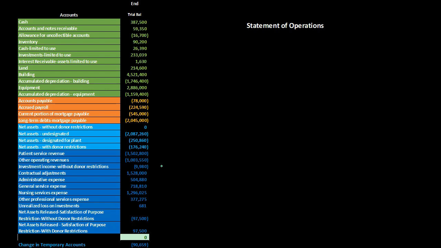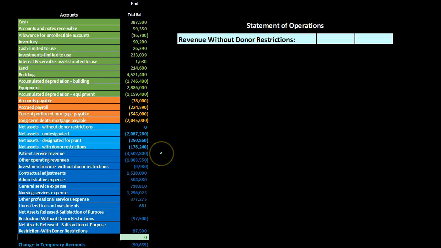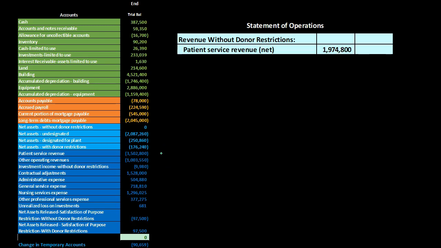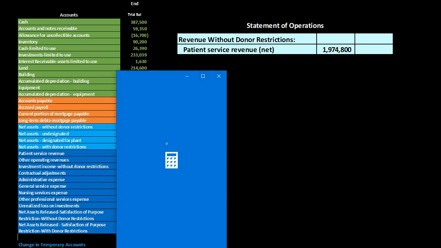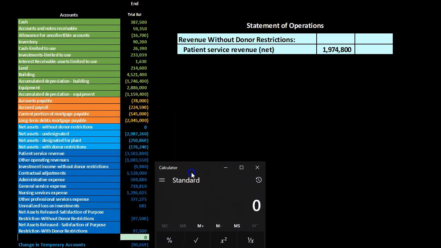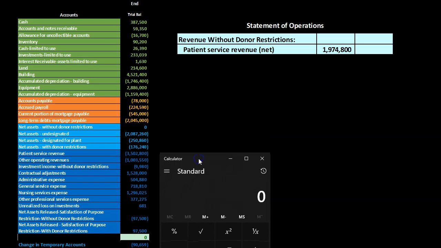Those are the area we're going to be focusing on, because those are what construct the statement of operations. So we're going to be constructing the statement of operations, of course, concentrating on these dark blue numbers down below, revenue and expense type numbers, the temporary numbers, the numbers that deal with timing. The statement of operations is then going to be starting with the revenue without donor restrictions. That's going to include the patient service revenue. So the patient service revenue is going to be up top, where we have the